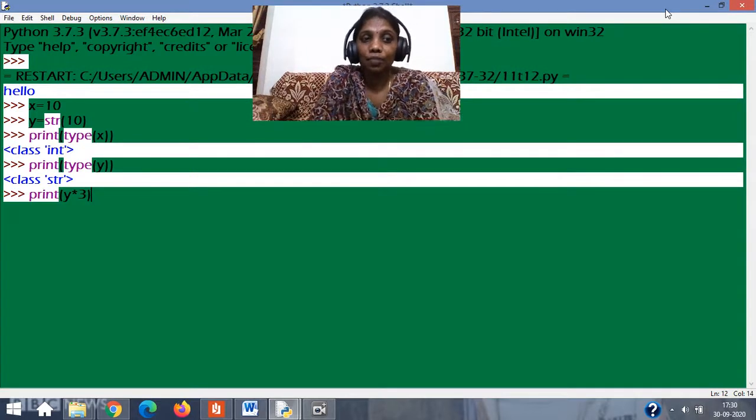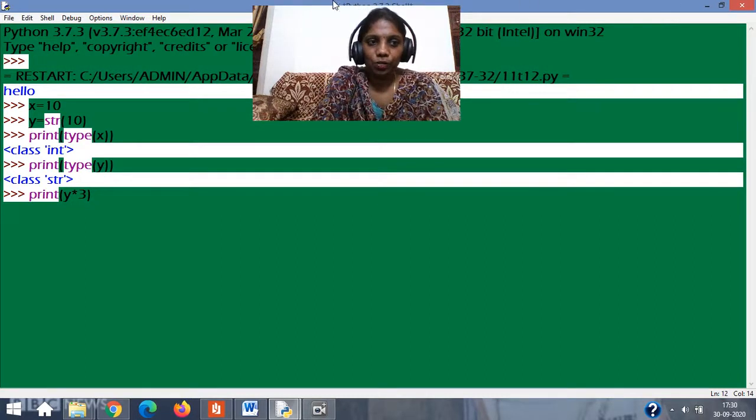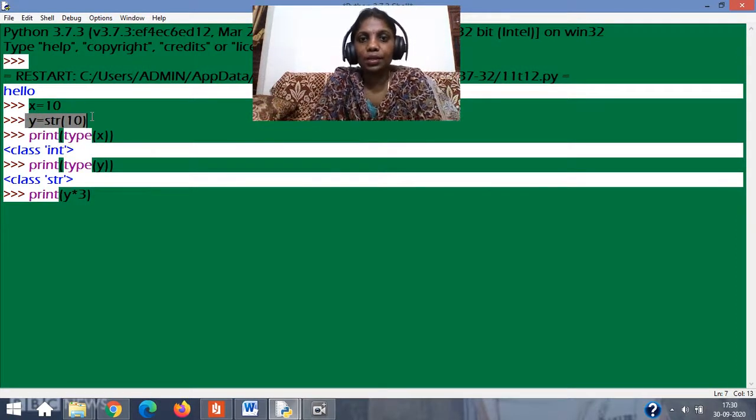Since 10 is already converted to a string using the keyword called str, I don't know whether you noticed it, it's happening here. You are getting introduced to what you call a data type conversion. You are converting your integer value x to another value y, which is a string type.